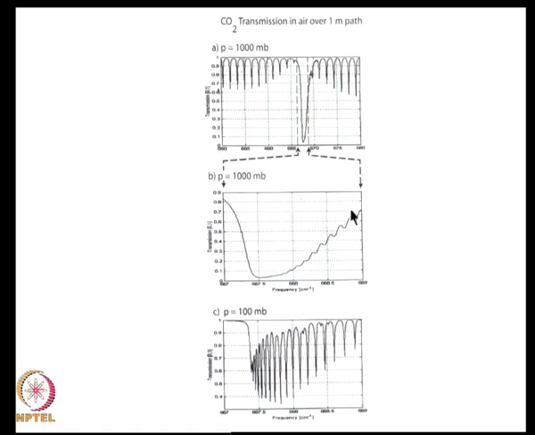So, if you are dealing with this problem at 1 bar pressure, then of course, you can easily calculate this by using a fairly crude integration. But if you are dealing with this situation, you have to be very careful how you integrate this transmission to get the actual